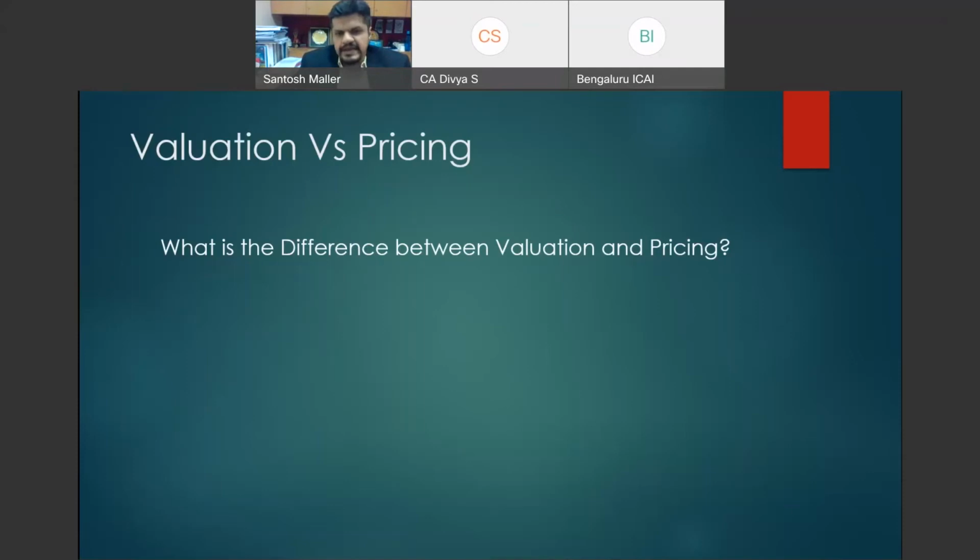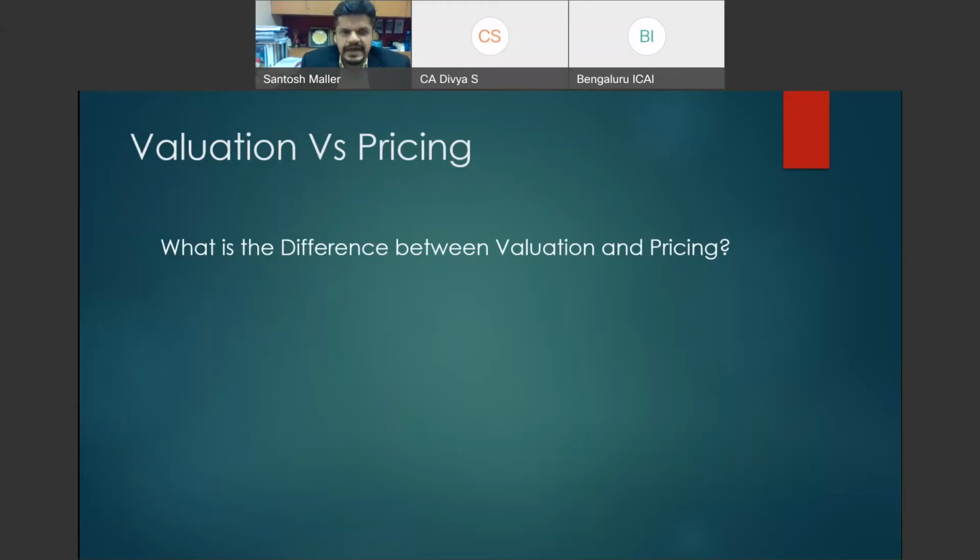Okay. But then there is a price. Right? You have a market quote for cryptocurrencies. For bitcoins, for example, the trading level is running into millions of trades during the course of a day, which is probably more liquid than some of our most popular shares or blue chip shares in India, right? So the fact that there is no valuation doesn't mean that there is no price, and vice versa. Having a quoted price for the stock or for the commodity or for the cryptocurrency doesn't mean that that's the value of that particular asset or share, right?